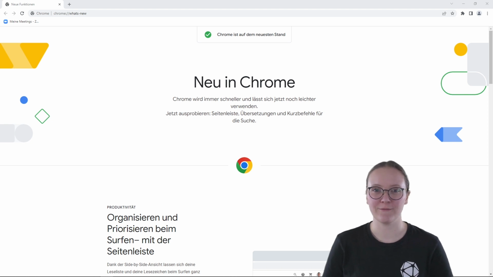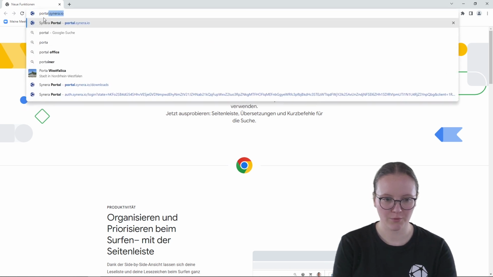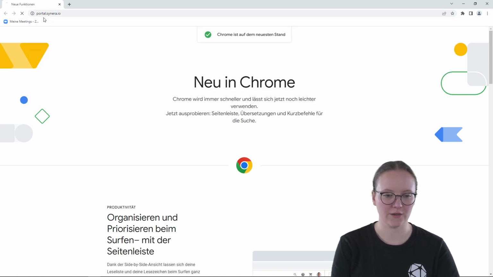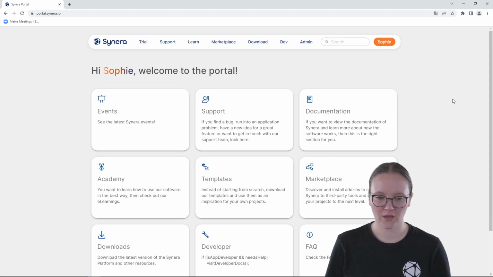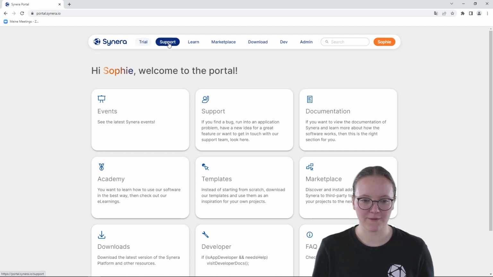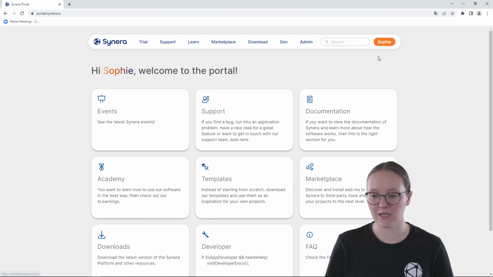First off, we will have a look at the customer portal together. You find it under portal.synera.io. And you can see we have the different tabs here, and you also find them on the side. If you are here for the first time, you will have to sign in and you will have gotten an